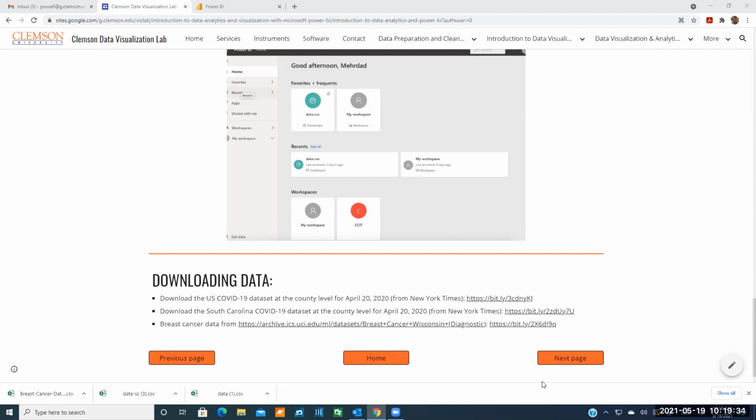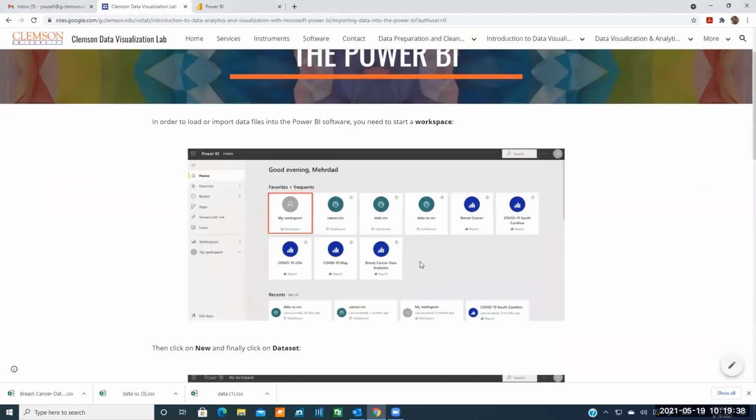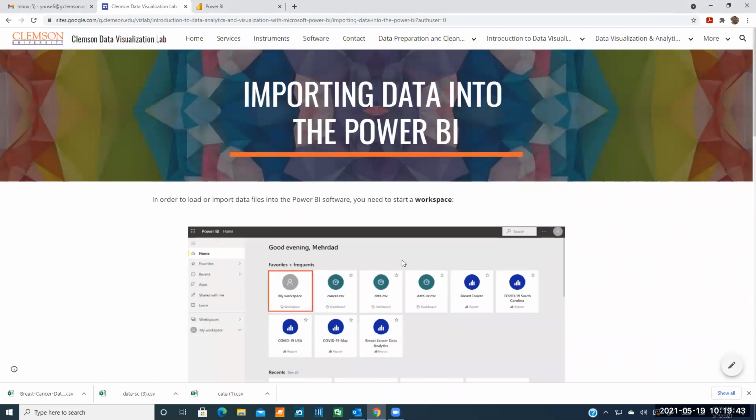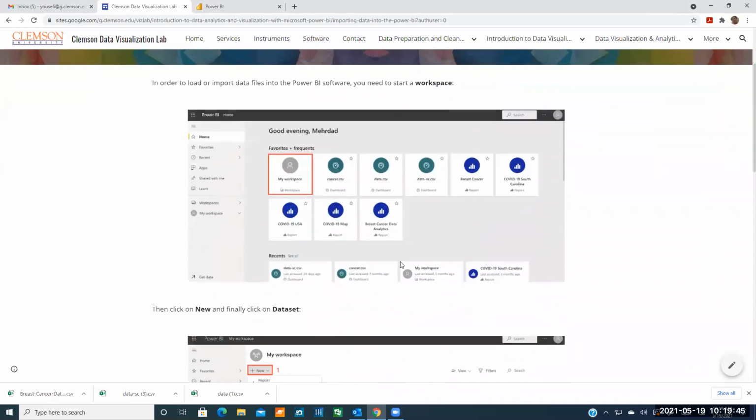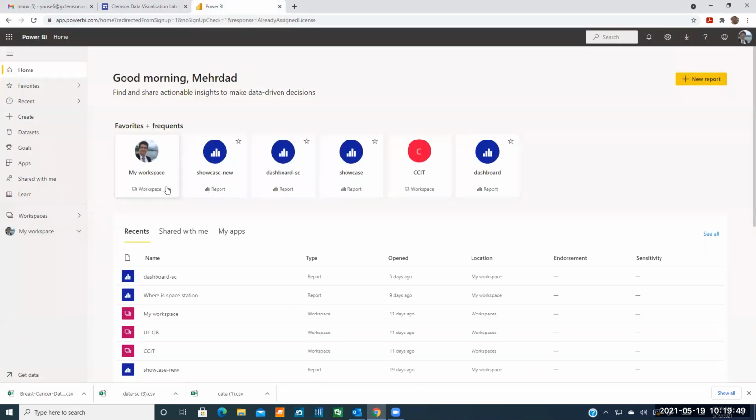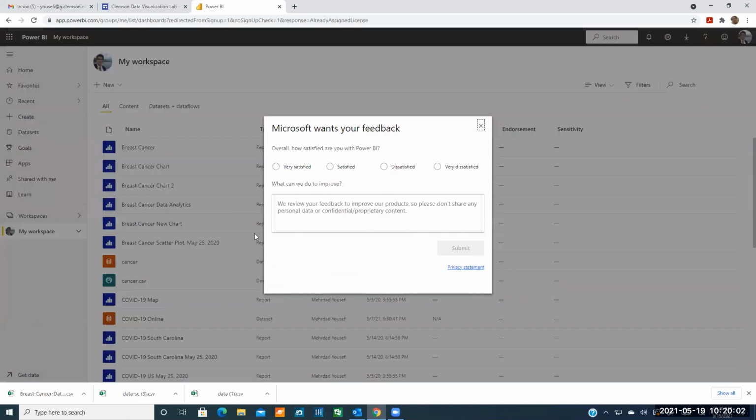Good. So if there was any issue, let me know, but we will move on to the first section, that's to know how to import a data set into Power BI. So if you go back to the first page of the Power BI software, you have your workspace available. So you should be able to see your workspace. And if you click on the workspace,